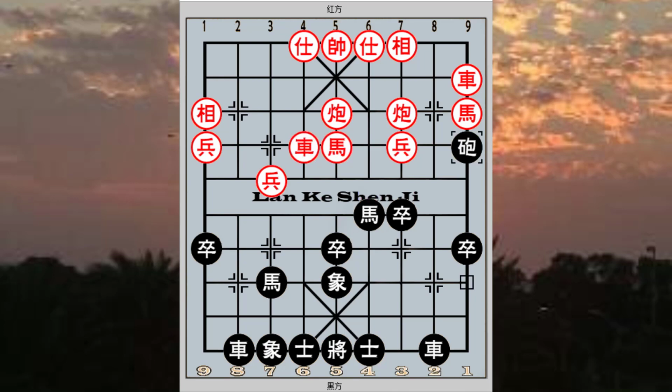after playing c1 equals to 4, red will gladly trade his chariot for 2 of black's pieces, and in the process of trading material, red will have a much better position, and this pawn will be a very big problem for black to handle. Hence, at this point, capturing the horse will be the correct move to do, and black